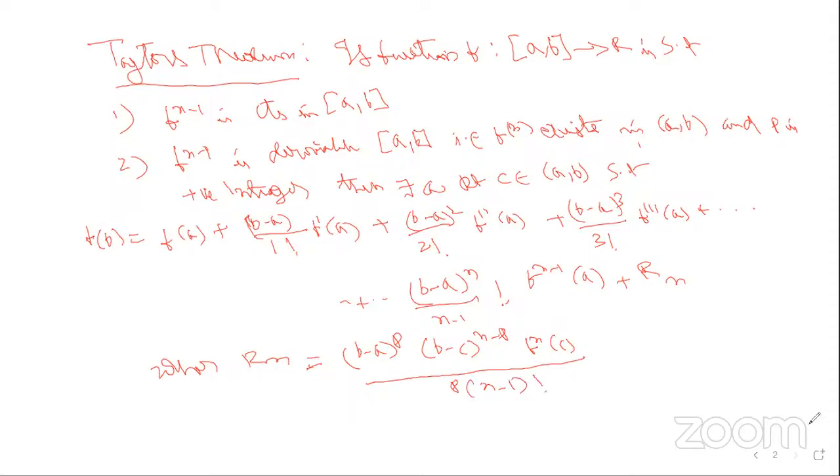Okay. Then the proof of this theorem. Proof is: define a function phi from [a, b] to R by phi of x